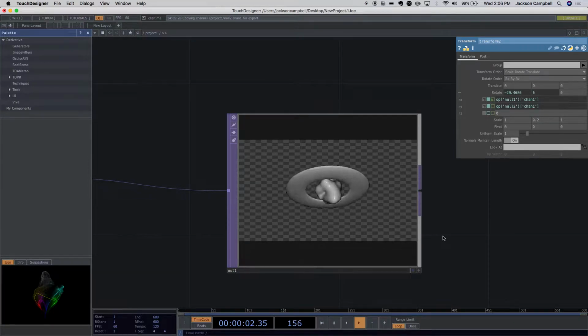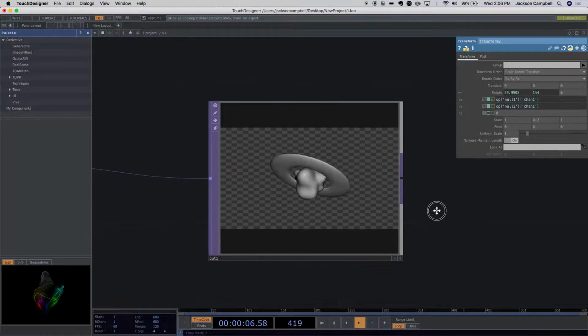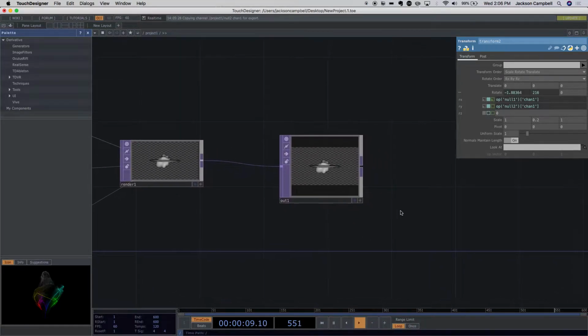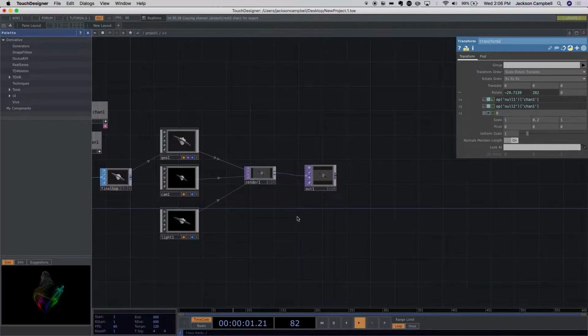Okay, any questions on this? Cool. So, yeah, we could color this if we wanted to. We could make it look cool in different ways. We've done some interesting animations already. One other thing you can do is